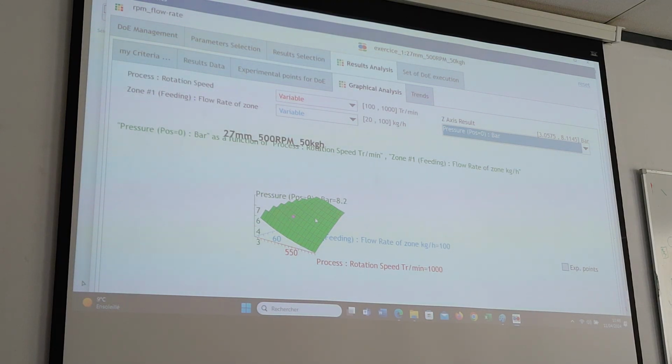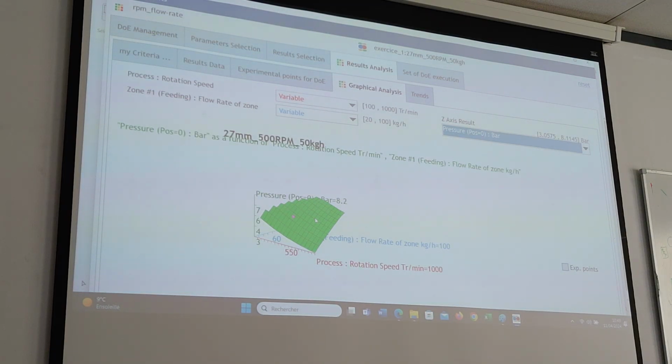Okay. But sometimes you need to do it because if you realize that you forgot to save one of the results, for example, you need the SME but you forgot about it, you need to run it again because there is no other way to do it. Even if it's possible to speed up the process with the latest version of Fluidoid because it's possible to run the DOE on more than one core.